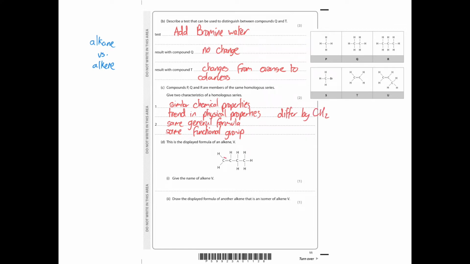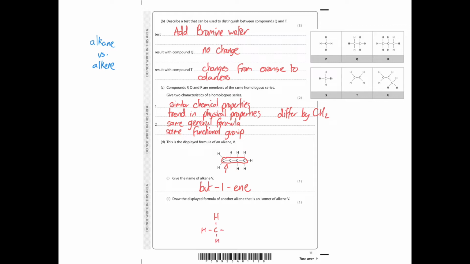Part D asks me to name alkene V. It's 4 carbon atoms long, which means I have the prefix bute. The alkene is between carbons 1 and 2, which means it's bute1, and it's an alkene, so my suffix is ene. The displayed formula of another alkene that is an isomer of alkene V must also be an alkene, it